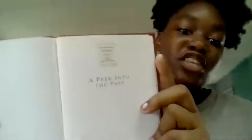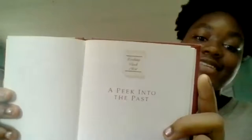That's why I say that it's a vintage, because it's 1904. For a peek into the past, and they always have this in every back of the book. Every single back of the book, they always have something like this, and it shows different pictures, and you can read about the history and stuff. It's so absolutely cute,